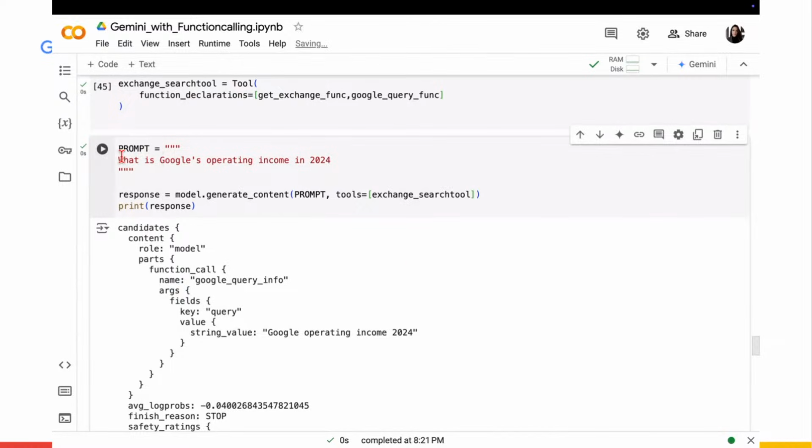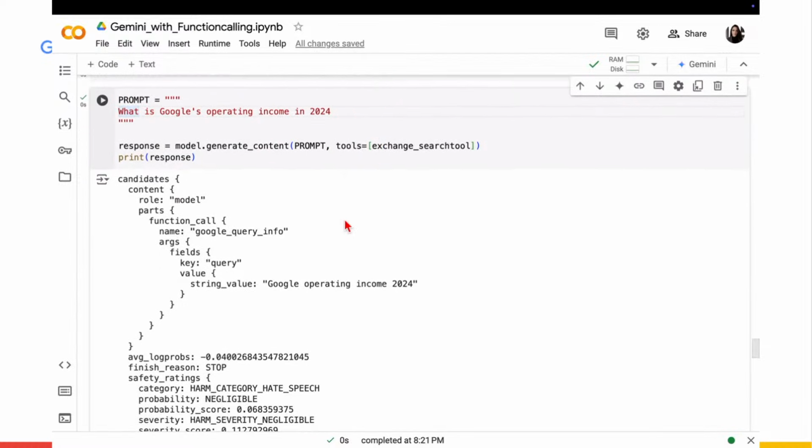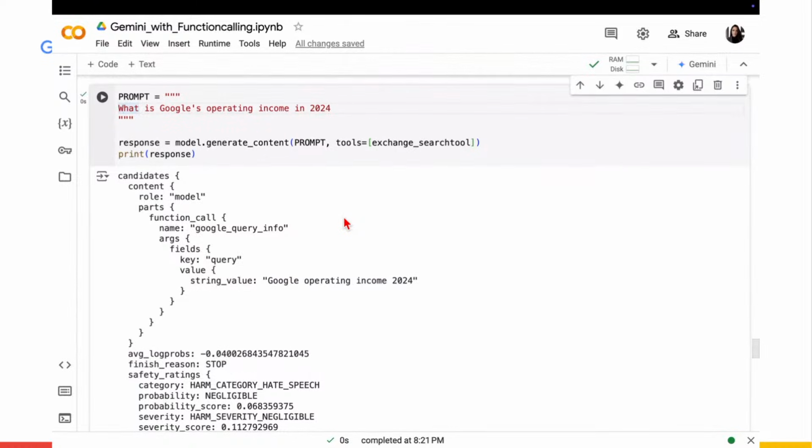Because in this case, your query will be given the prompt, what is Google's operating income in 2024? And then we're passing this to the model along with the tools that we defined. And what we will get back, for us as the user, for having full control over this, is where the model is giving back the function to call. So you can see here that the JSON response you're getting is, the part is not a text. If it was a normal answer, we'd just get a part as a text and then the response. But in this case, to indicate to us that there is a tool that's needed to essentially answer the query, we're getting the part function call back.